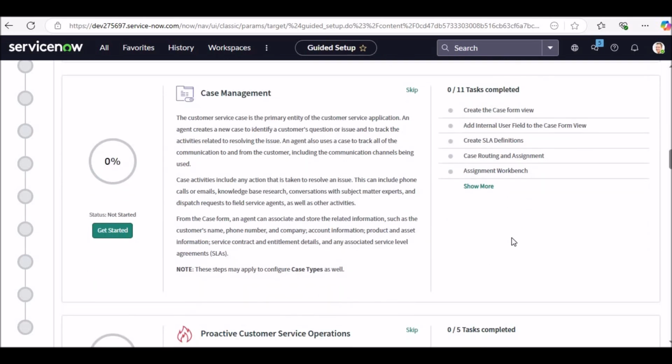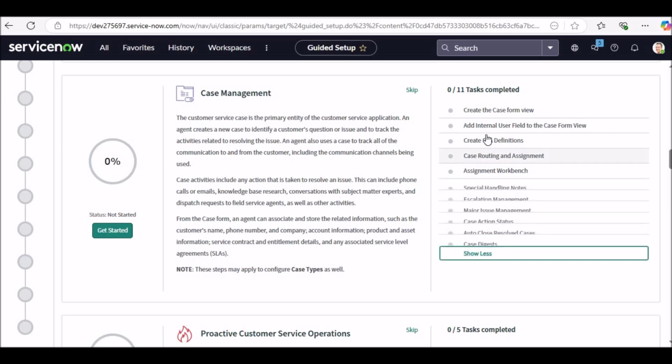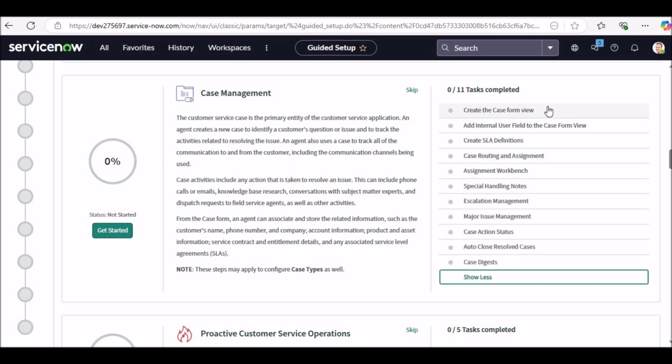Then case management, the most important topic. Here, case management is the primary entity in CSM. And this entity says how we are creating a form. If any updates are required, that is done. In case any SLA definition, routing, assignment workbench, special handling notes, escalation management need to be managed, all these are managed